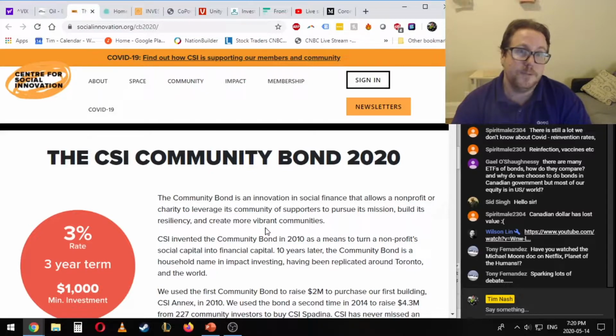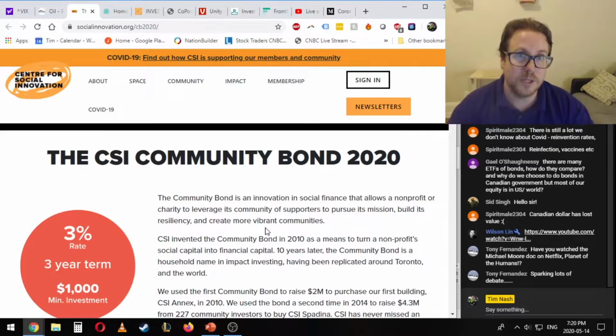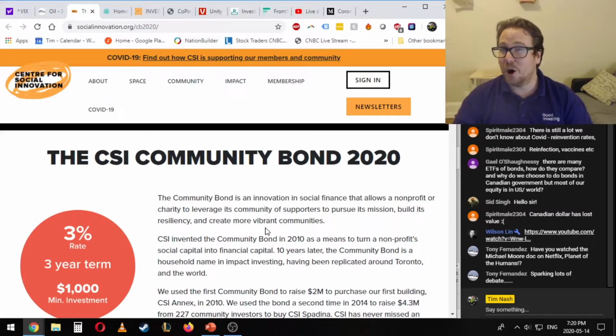And it's just a beautiful space. Co-working that is available to for-profits, non-profits, co-ops, actors, activists, just really broadly around this idea of social innovation. So I've been working there over 10 years, so I'm a bit of an old-timer at CSI, and I've seen them grow with community bonds by using community bonds as a way for the nonprofit to be able to grow